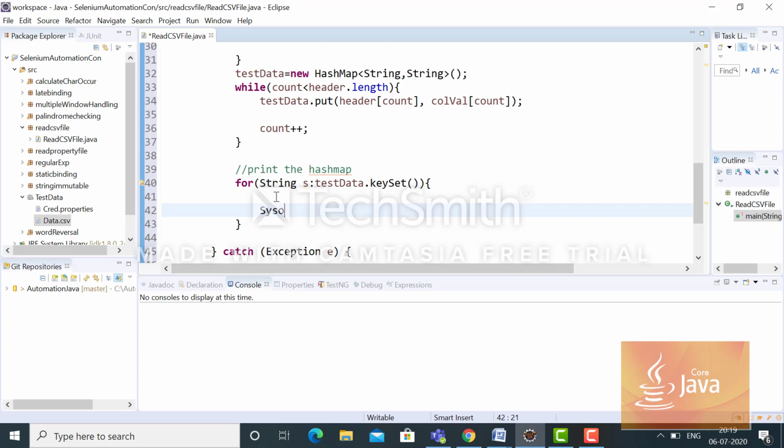Then here I will give a print statement. For the key I will say header, or I can say parameter name, which will be my key as it is, and another will be column value or parameter value.